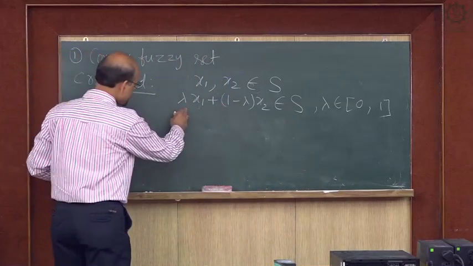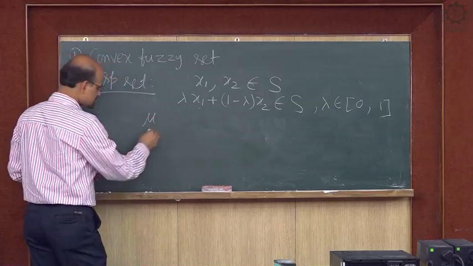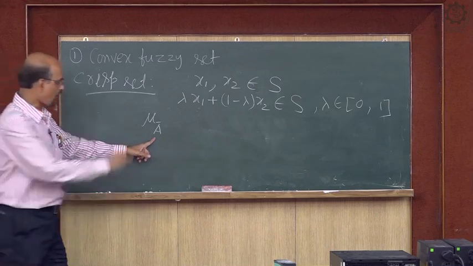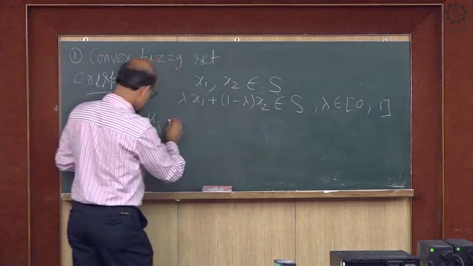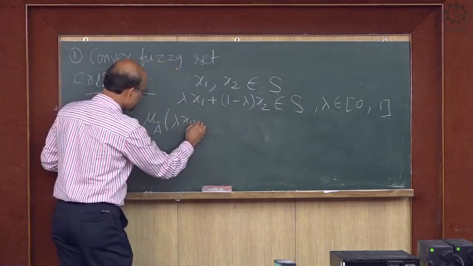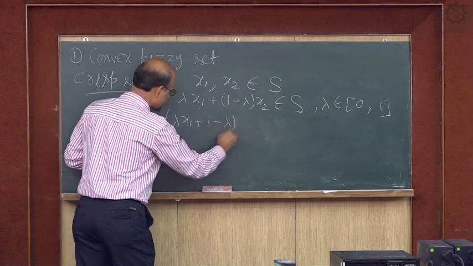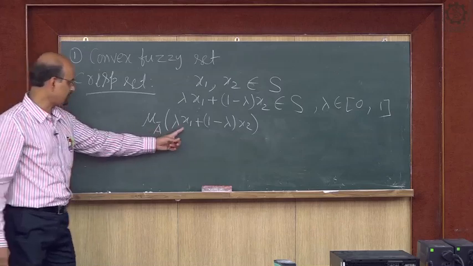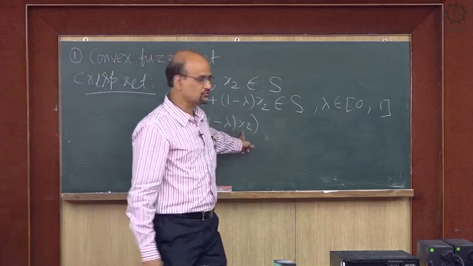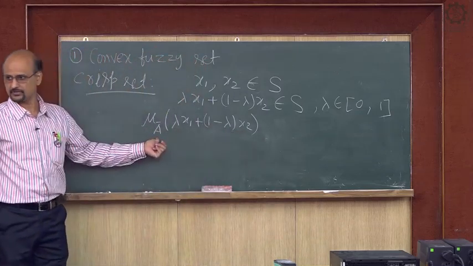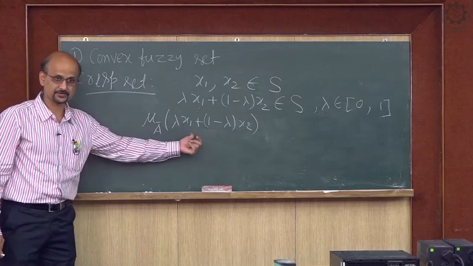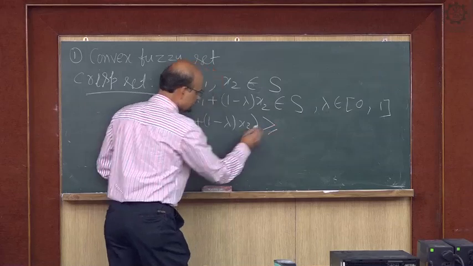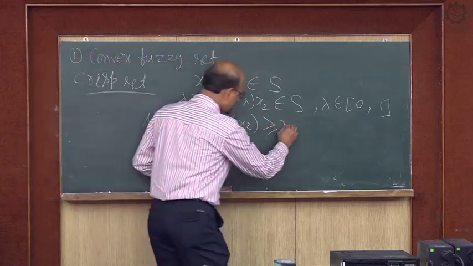So, let us have the membership function, that means mu of A bar of lambda x1 plus 1 minus lambda x2. That I can find if your x1 and x2 belong to the fuzzy set A bar. Okay. So, then this should be greater than or equal to the minimum of